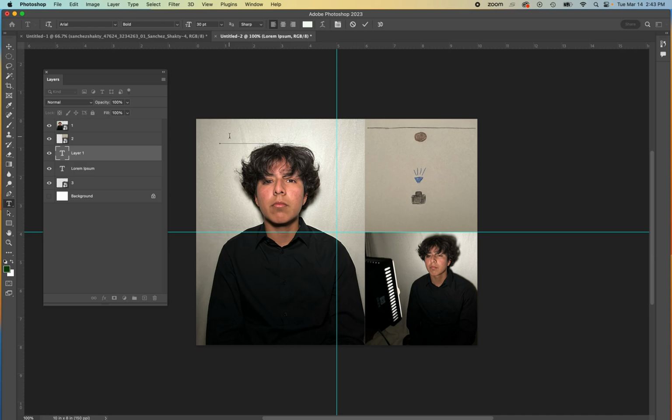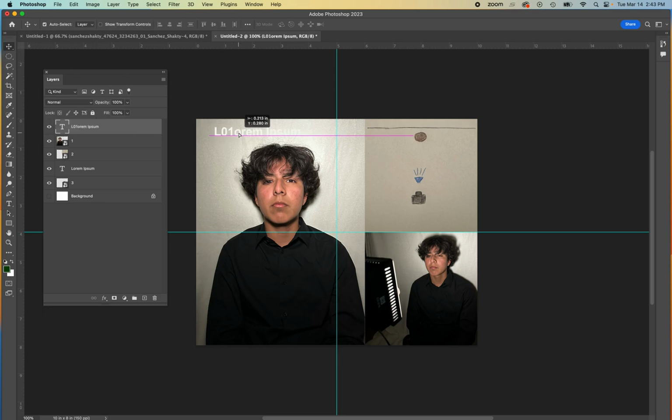And I'm going to type in 01. Now, if you realize I typed in something, but I can't see it. That's because my layer is way on the bottom. So I'm going to push this all the way to the top. And, you know, there it is. But I need to change that because it's not what I want. So I'm going to delete my other